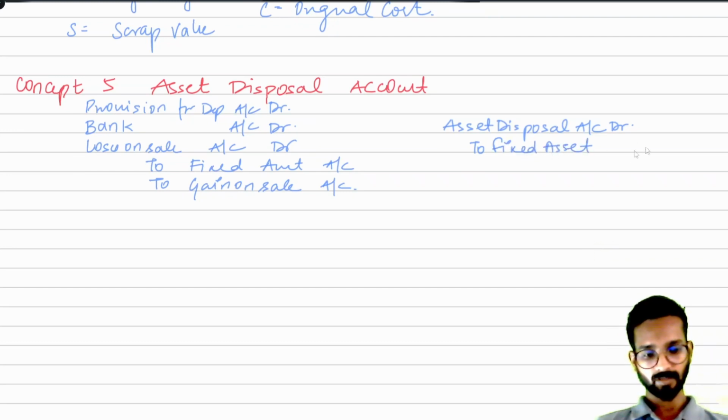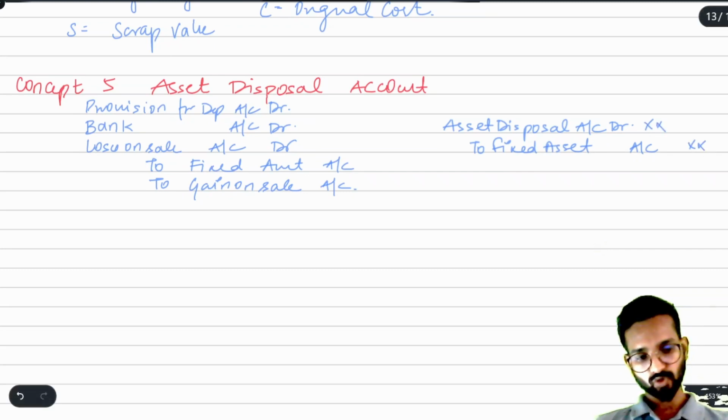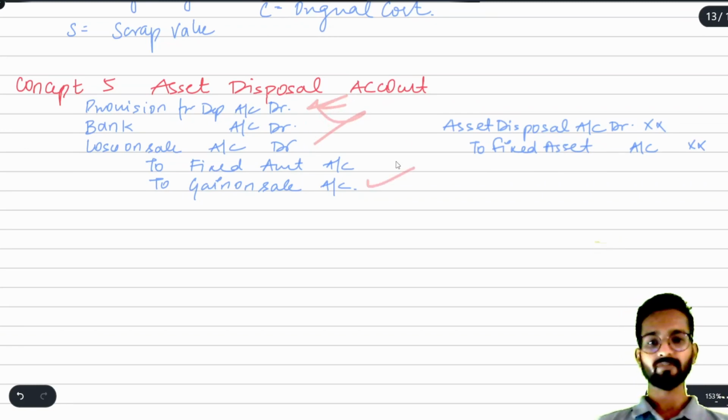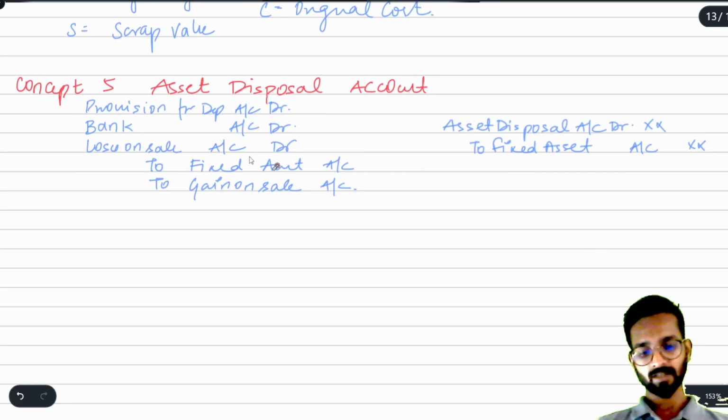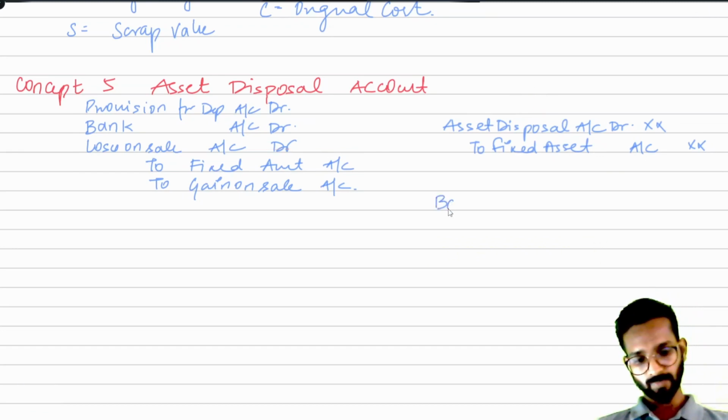See, here you were transferring so many things into fixed asset. Provision you were transferring, then bank, then loss on sale, then there was gain on sale. If one can be there, loss or gain, whatever, everything we were writing to fixed asset account. Here directly one entry, asset disposal to fixed asset, and after that the entry that will appear is the same, bank account debit,